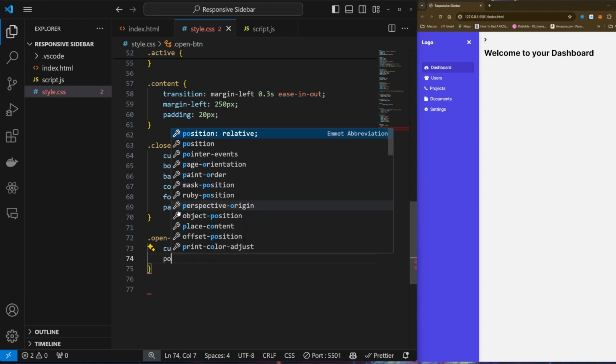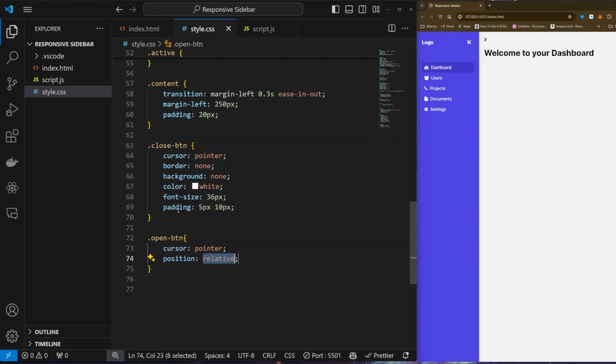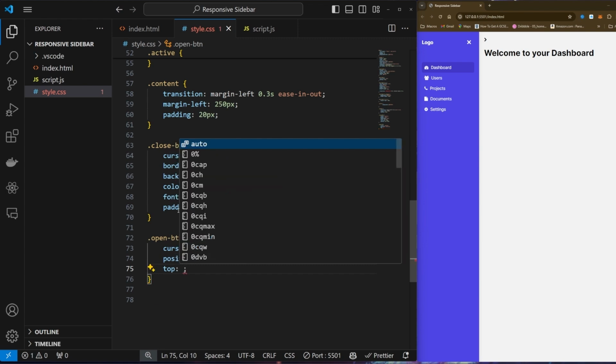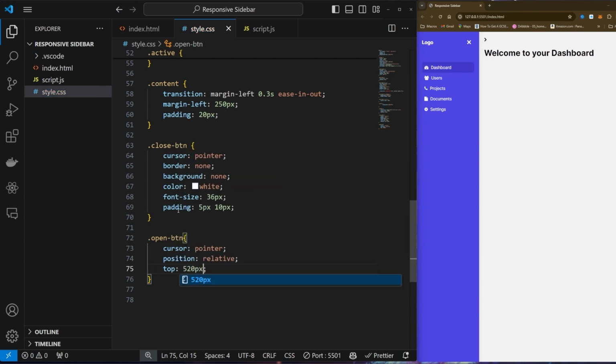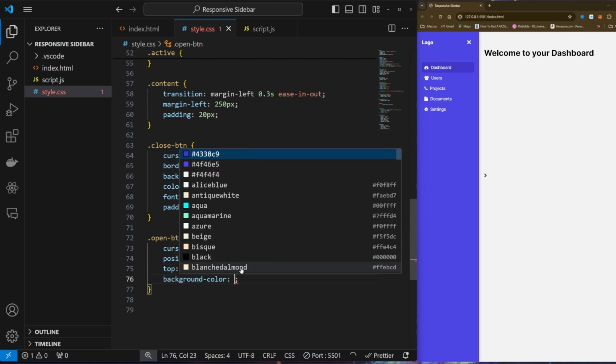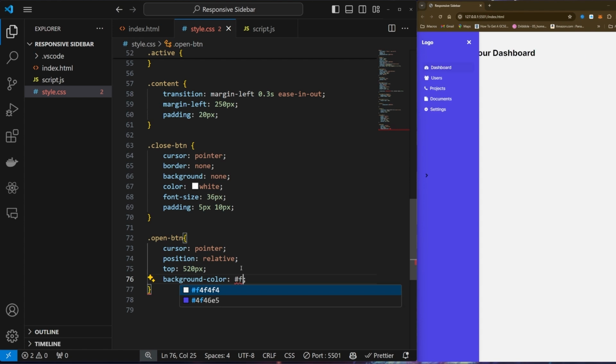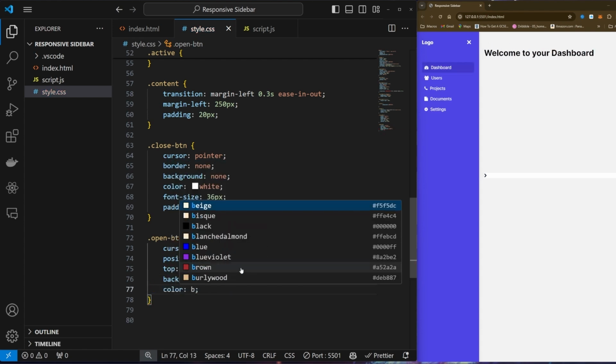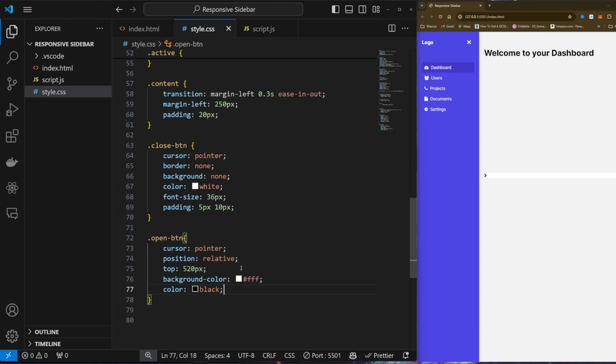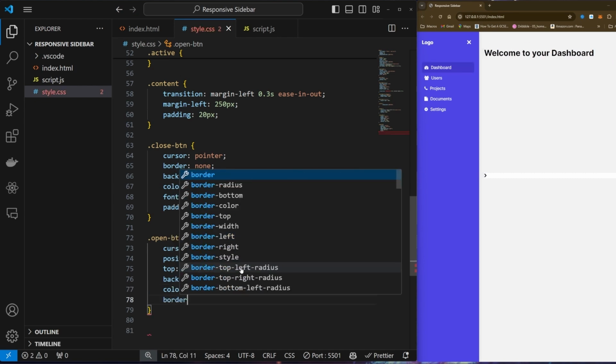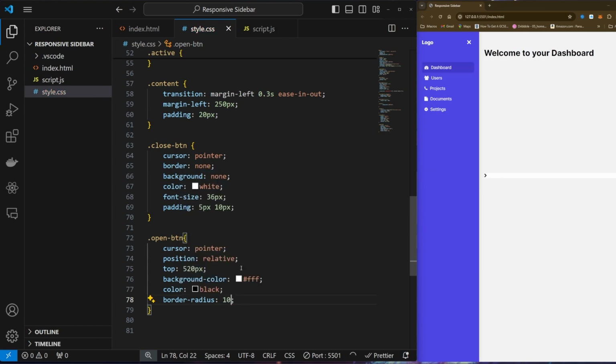We'll give it a position of relative, and then a top of 520 pixels because we want it to be in the center of the screen, like right here. And then we're going to give it a background color of white, and a color of black. The color is already black, so this is a little bit redundant. Here we're going to give it a border radius of 100%,